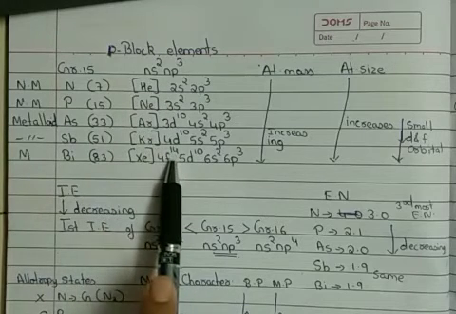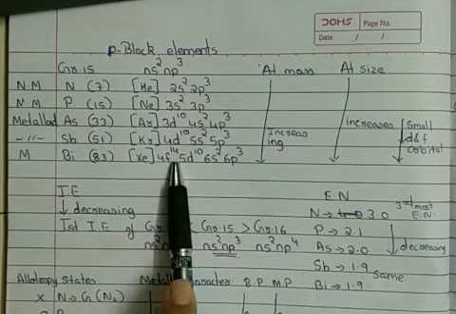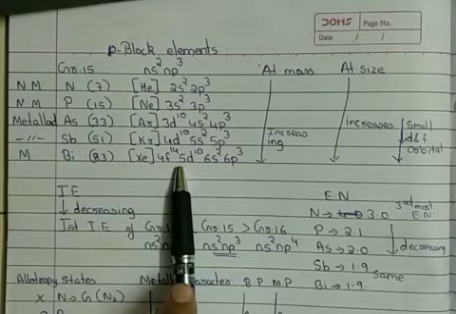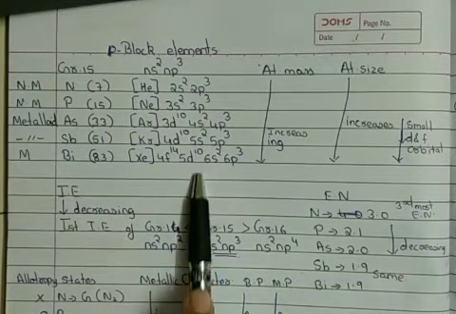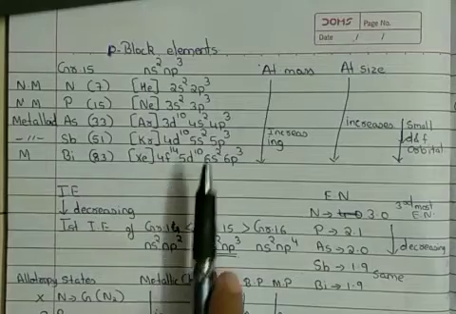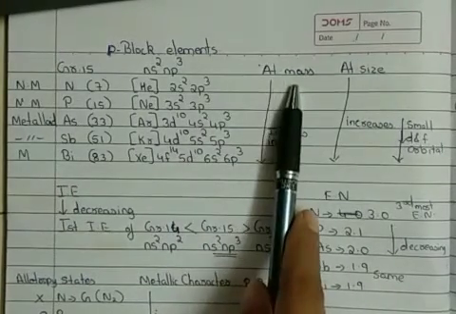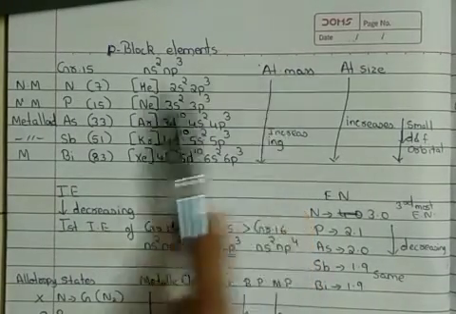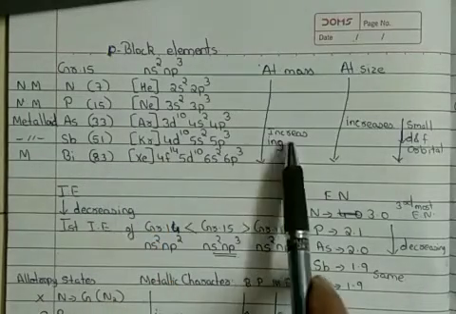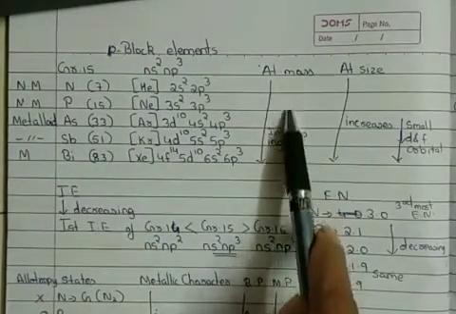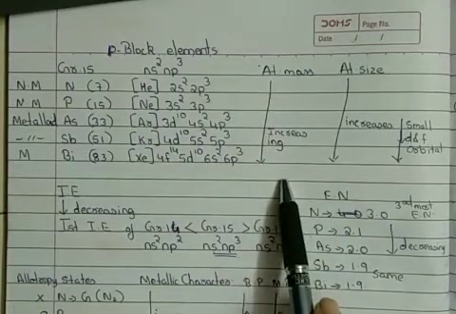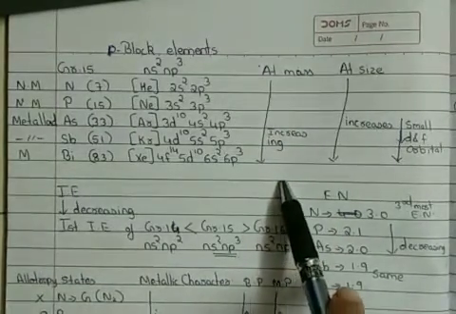Once we know their electronic configuration, it is very easy to predict the trend of their properties. Okay. Now we have done this in classification of elements or periodic table. That is, the first part is atomic mass. Atomic mass, as their atomic numbers are going on increasing, it is but obvious their atomic mass will also go on increasing. So down the group, atomic mass of group 15 goes on increasing.